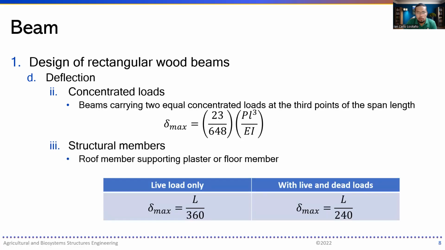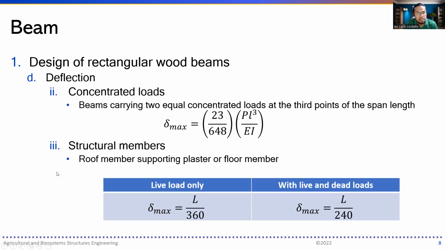Now these are for beams carrying two equal concentrated loads at the third points of the span. You have here 23 over 648 times P times L cubed, all